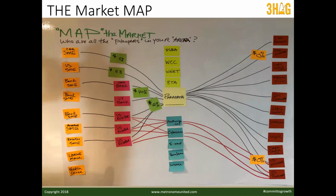And then when we draw this out, we recognize that actually they're the customer of the bank, and the bank is our customer because they're the ones that we've actually contracted with, wholesaled into, and they become our core customer. So I've been schooled a few times moving to core customer with clients, where we're trying to get things done. And when we skip this step, we sometimes have to go back after we describe the core customer to